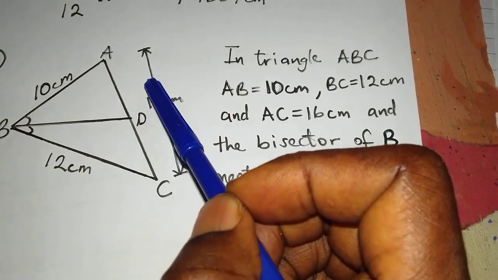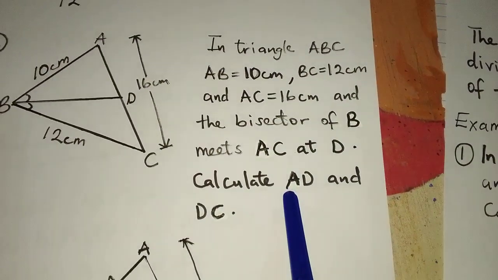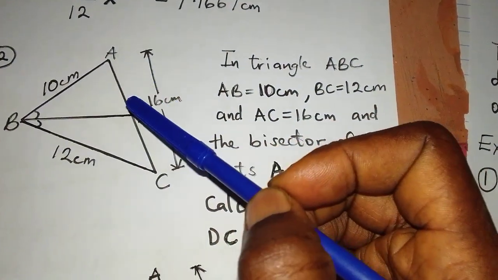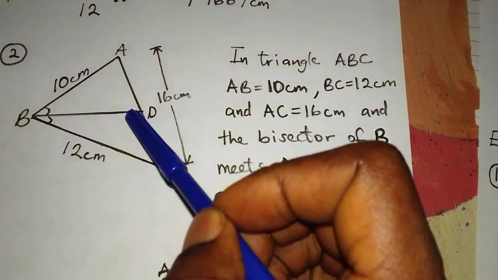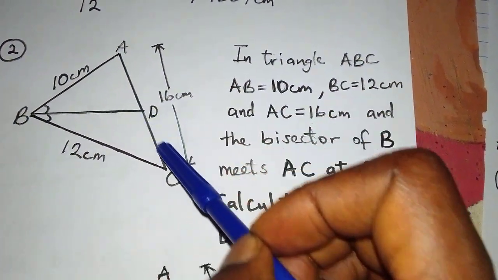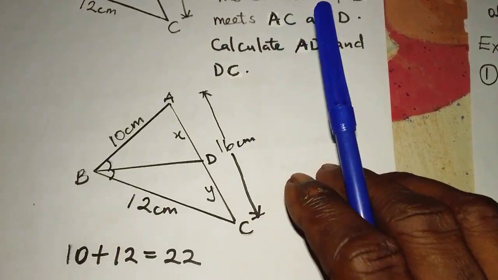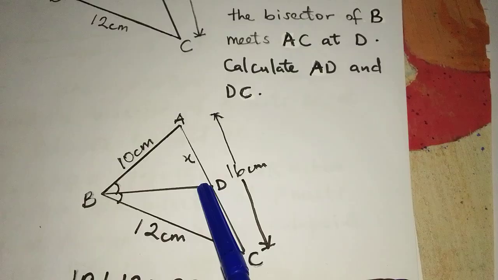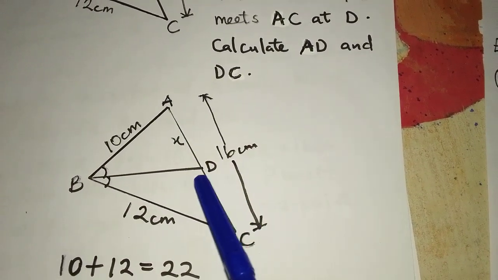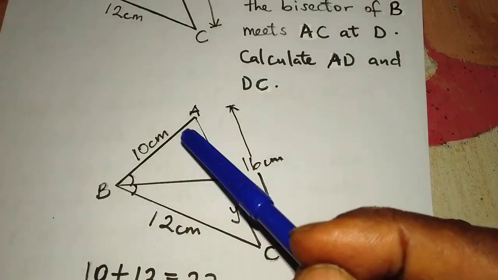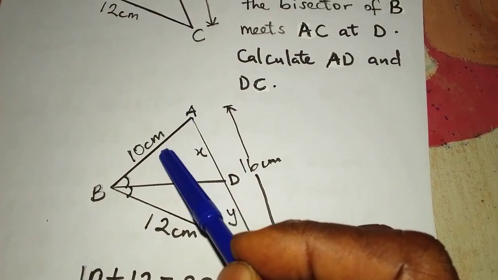So we are now told to calculate AD, from here to here, and DC, this place and this. So we can use X to represent this AD, and we can use Y to represent DC. So to do that, first of all, you realize that these two